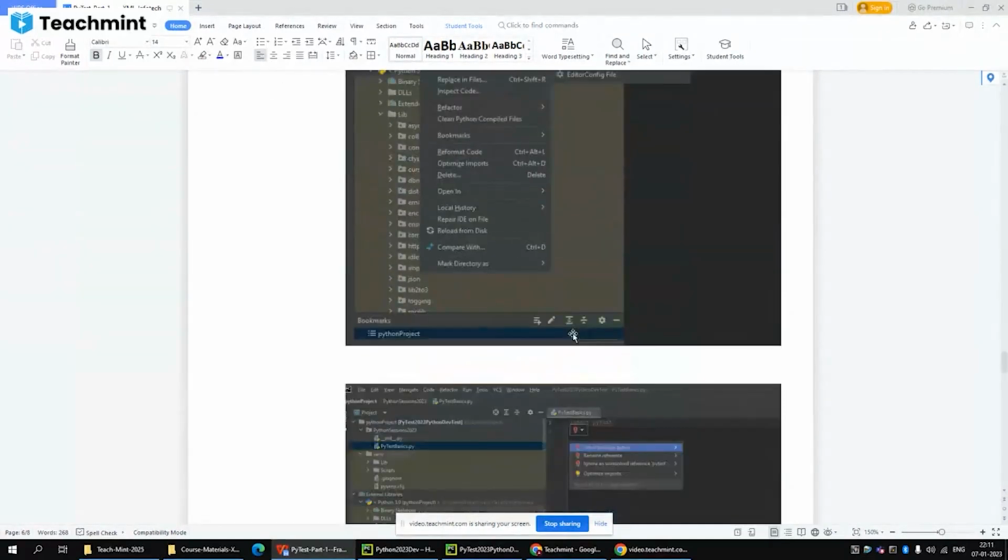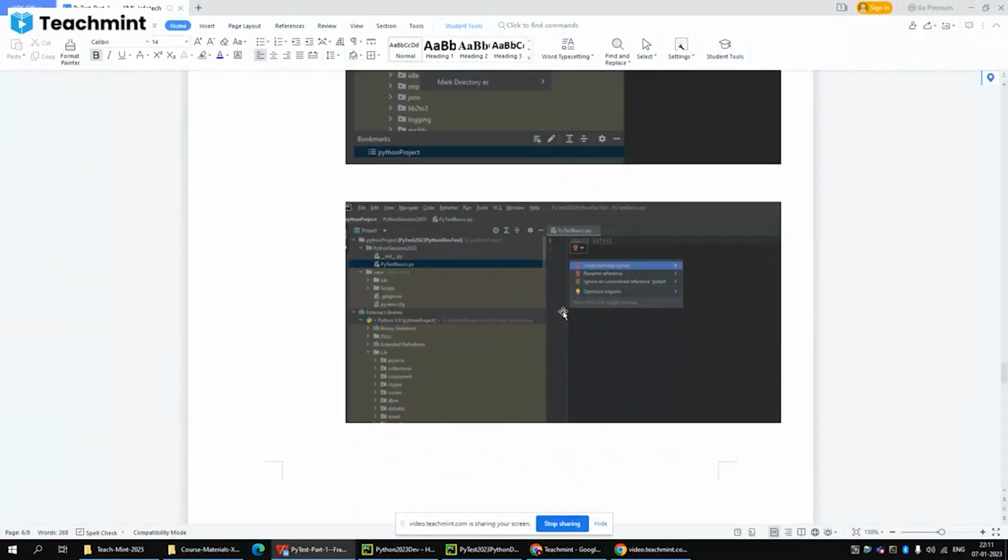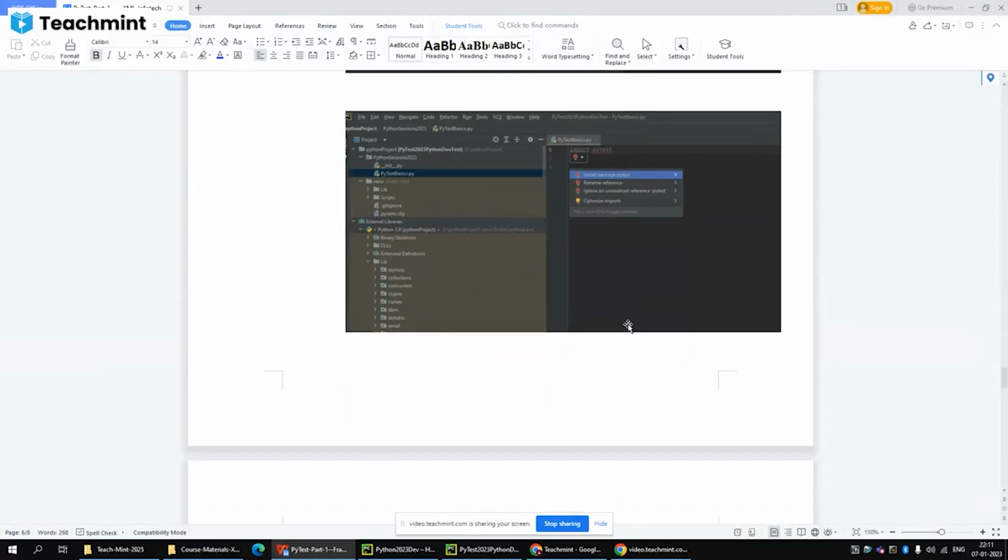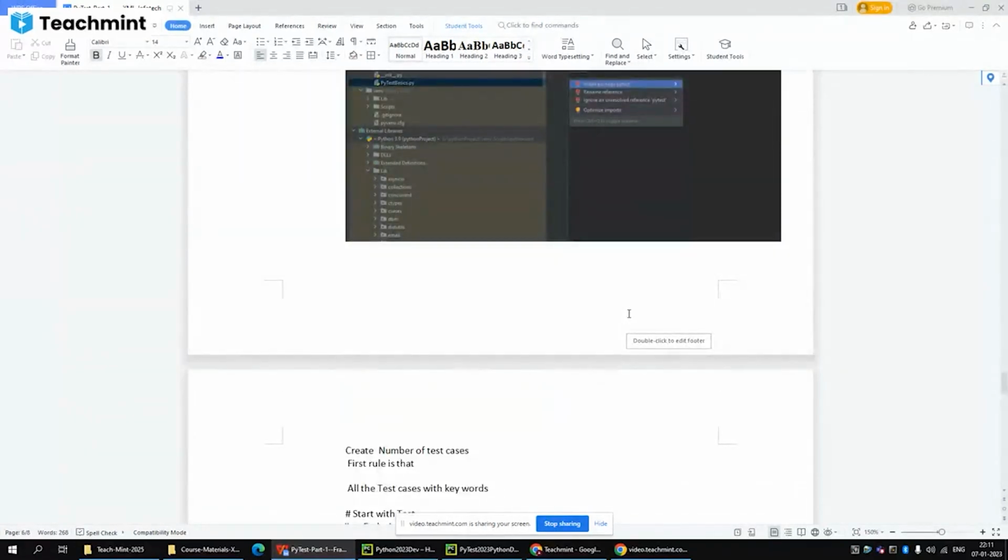Sometimes after adding the package, it will show some red symbol or something. We need to manually go there and add the plugin again. It will enable itself, that PyTest will get enabled in the particular PyCharm. If you get a chance, you can go ahead with PyCharm after installing it on your laptop with a good configuration